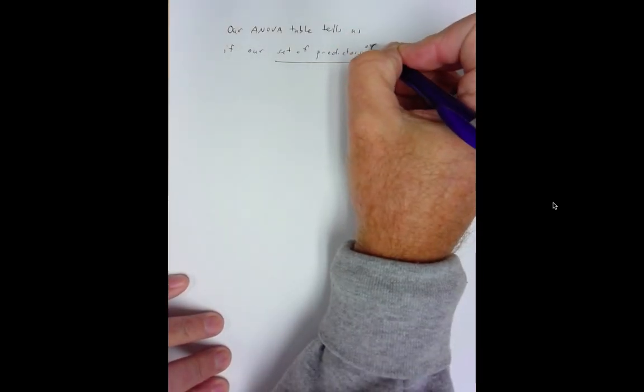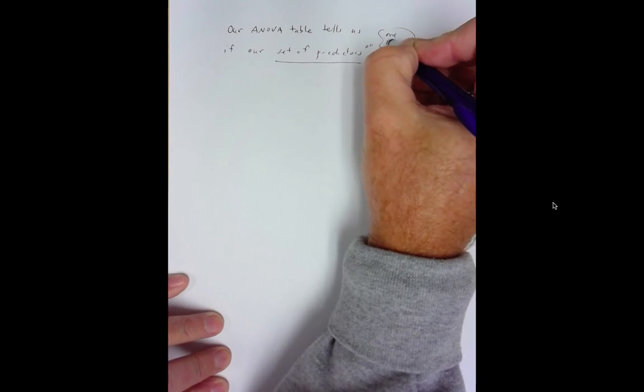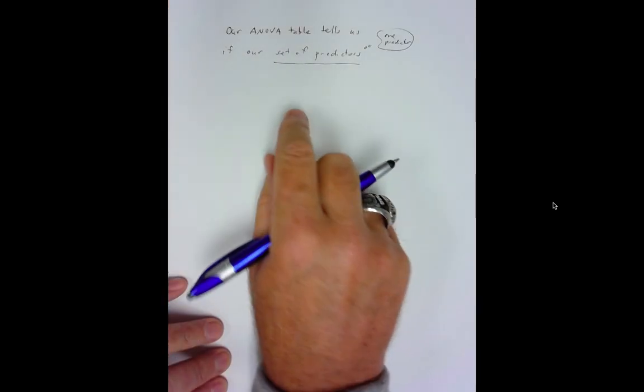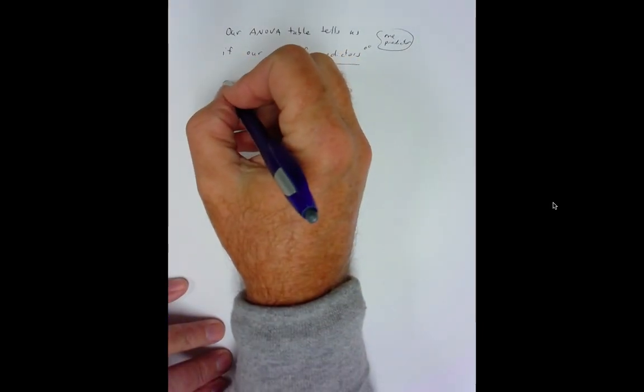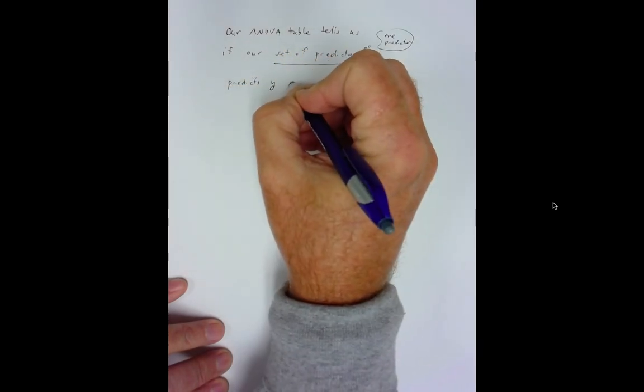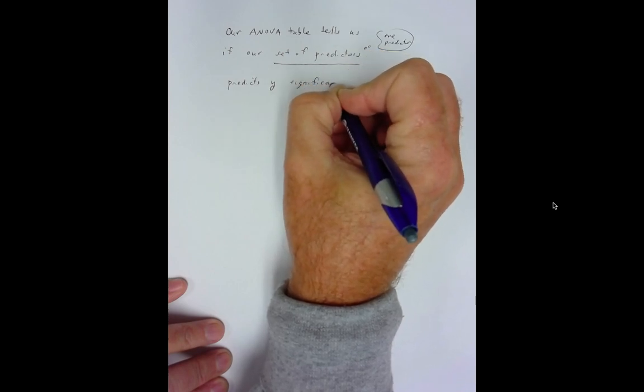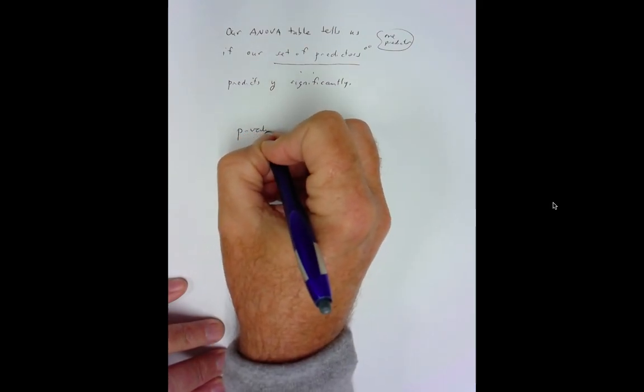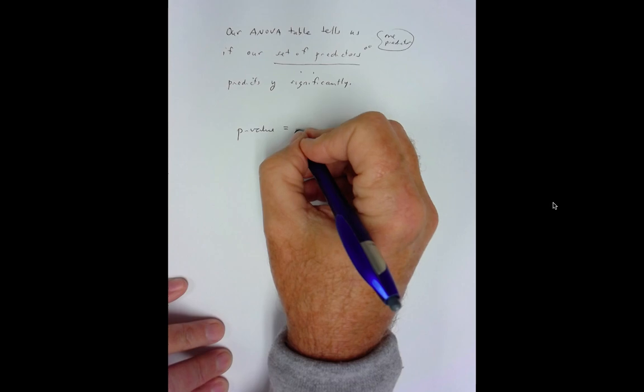Guys, again, we're setting up a procedure that is ultimately leading us to multiple regression, where we will have a set of predictors. But right now, our set of predictors is kind of redundant. We just have one of them. So anyway, our ANOVA model in general tells us if our set of predictors predicts Y significantly. Well, guys, our p-value was equal to 0.205,